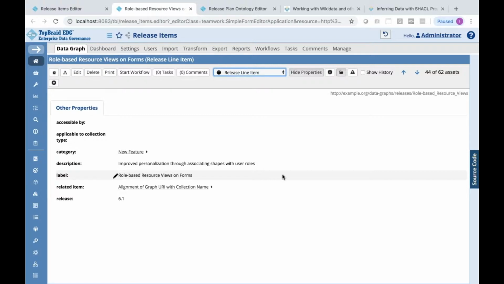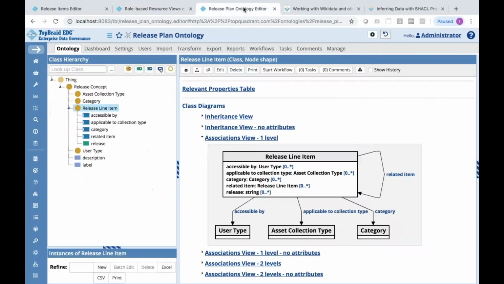Let's say you may want to have a complete view of the data asset for the data steward, but maybe only a summary and abbreviated view for a subject matter expert that doesn't have all the technical details. So that's possible now, and let me show you how you build those views.